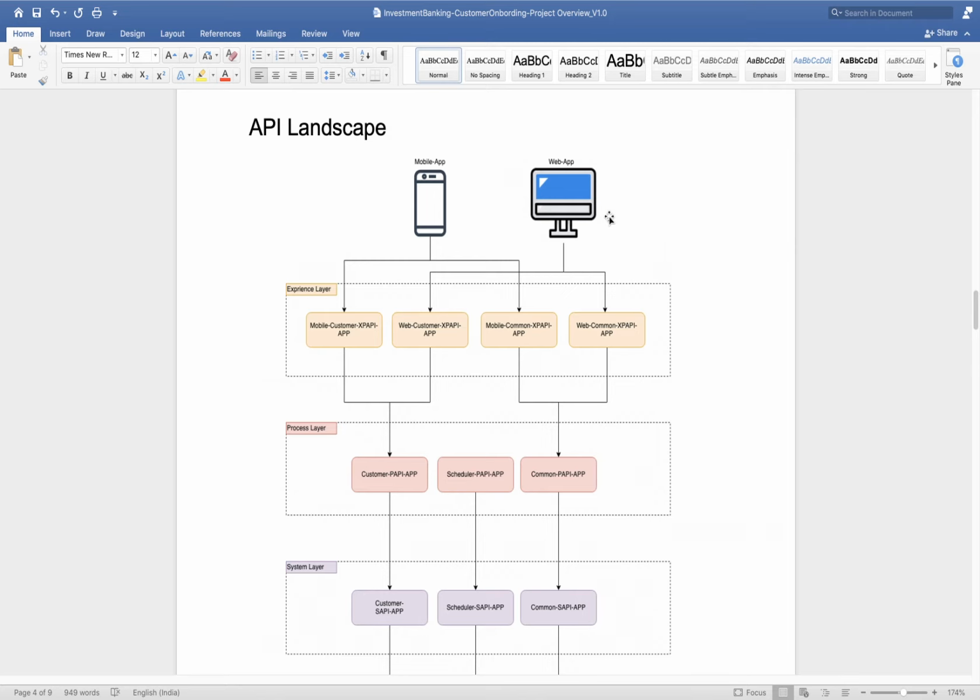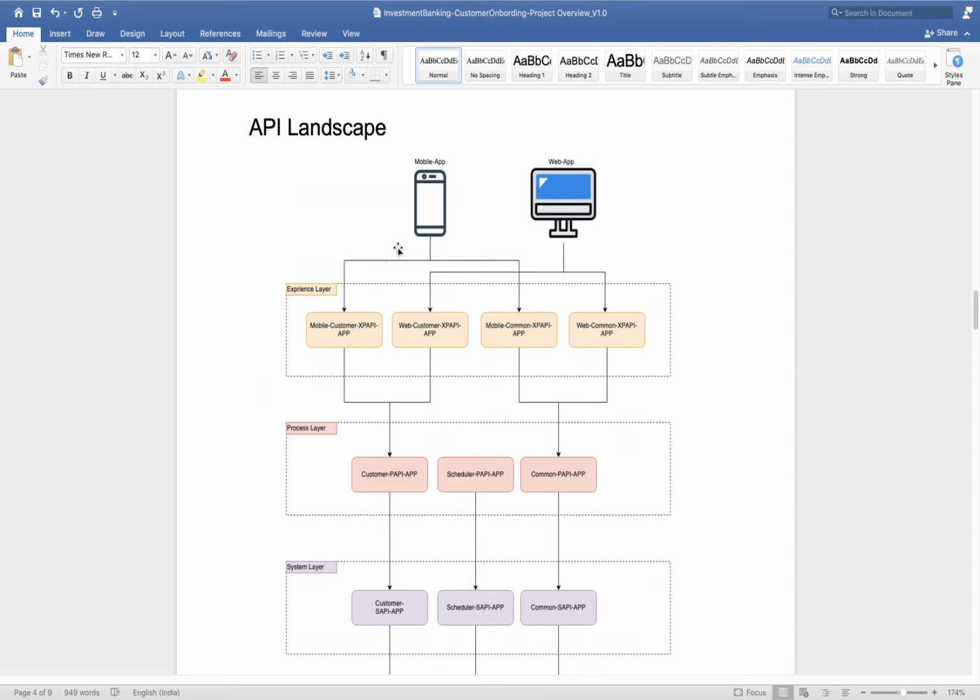Based on the experience system we will create an experience API. Here you can see for this mobile application we have this experience API, the mobile customer experience API. Here we will have one set of APIs related to customer, and for web also we will have the same set of APIs, but there will be some difference while connecting. The mobile application may need a different set of data than the web application. For example, here I am calling view customer detail. When we call this view customer detail from the mobile application, it needs only a few data, like 5 sets of fields.